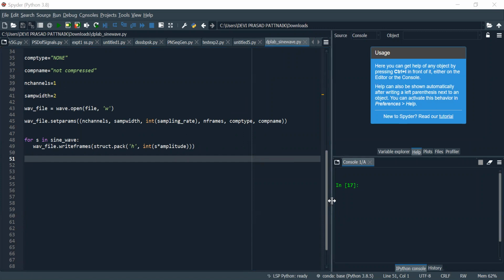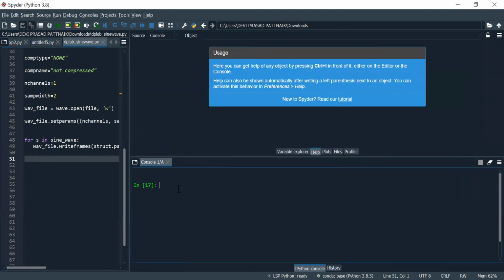Let's learn how to declare a variable, simple initialization techniques like putting a hash and writing. Let's say I'm declaring a variable a and declaring a equal to 5.